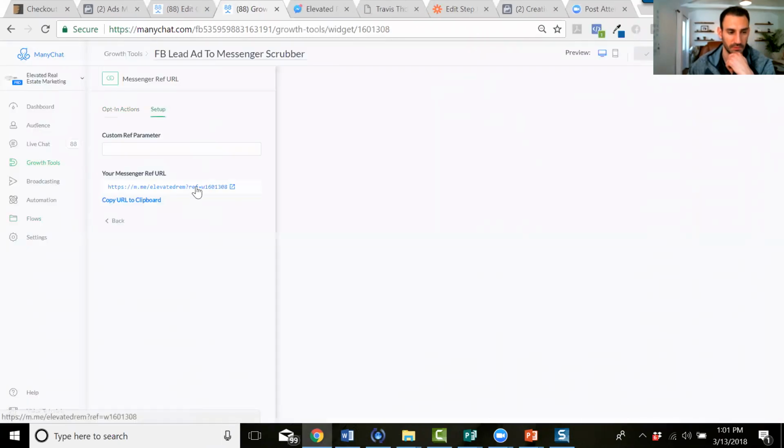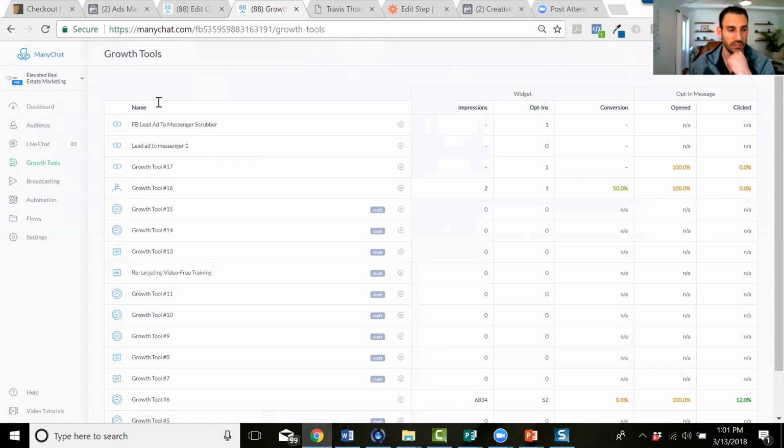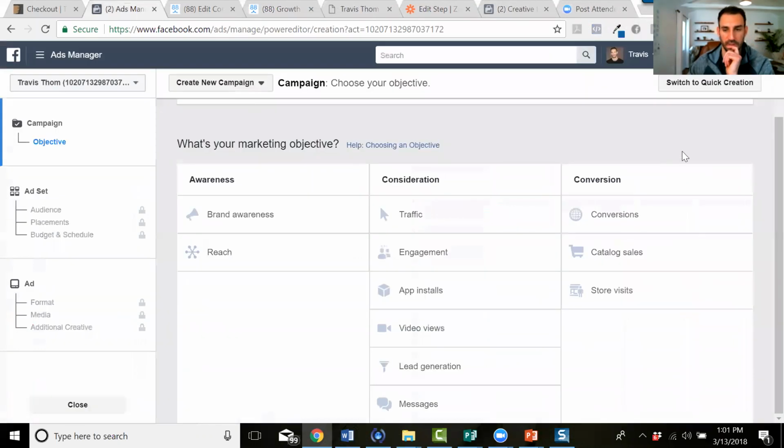Copy the clipboard. And I'll follow up with you guys on getting that connected, but for some reason it looks like I made a mistake there. So I'll go back and so once you have in the growth tool that reference URL set up, then what you're going to do is go into, when you create your Facebook lead generation,